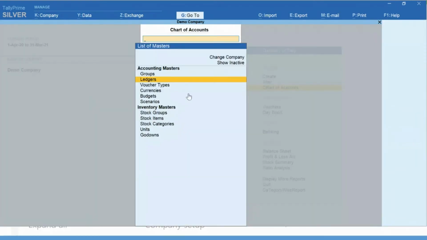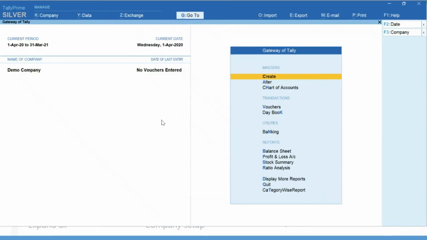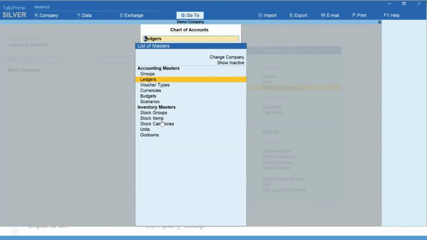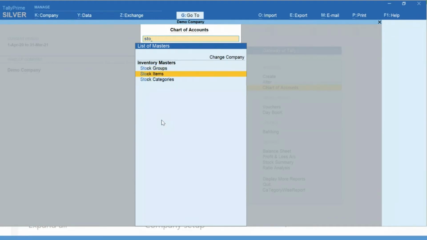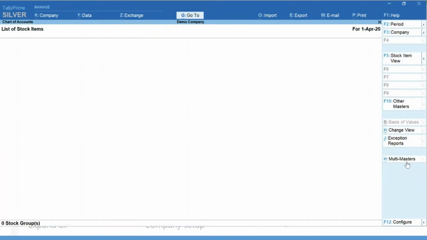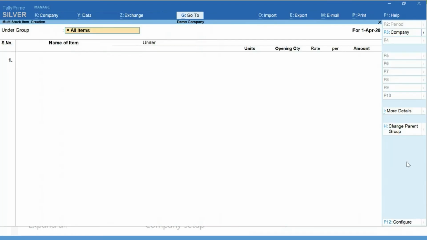And when it comes to the chart of accounts, similarly, you can also go and create stock items. Some of your customers where you have installed Tally, and the user wanted to create the ledgers directly, create the stocks first before starting to enter the transactions. He calls your resource and asks, sir, where can I go and create the item masters? So you can tell him, sir, you can go to chart of accounts. Under chart of accounts, you can find stock item. When you click on stock item, you click on multi masters and keep on creating the items.